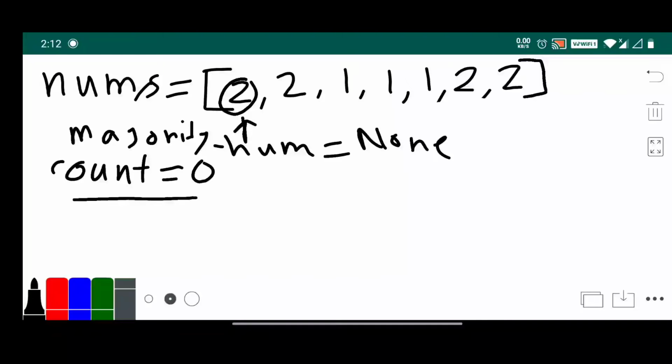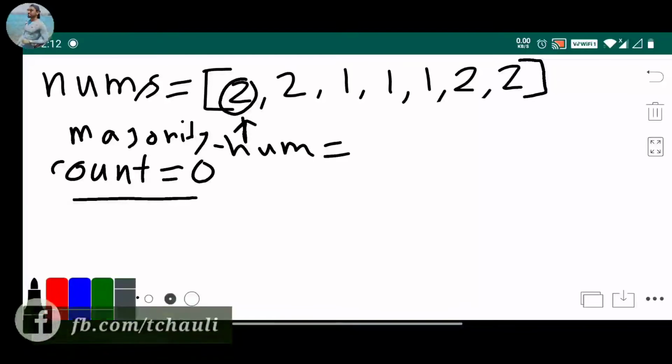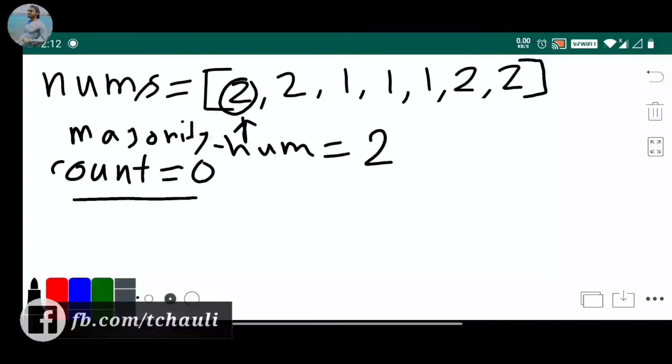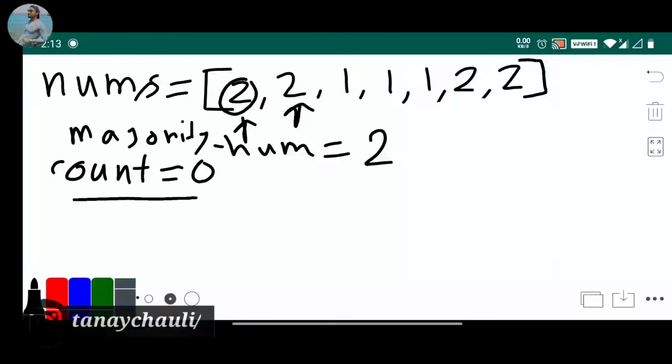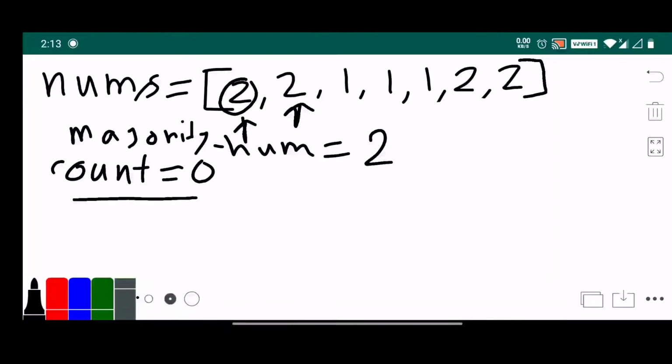Yes, count is 0, so we directly assign 2 to the majority num. Then we check if majority num equals num. Yes, it does, so we increase our count to 1 because 2 appears the first time.